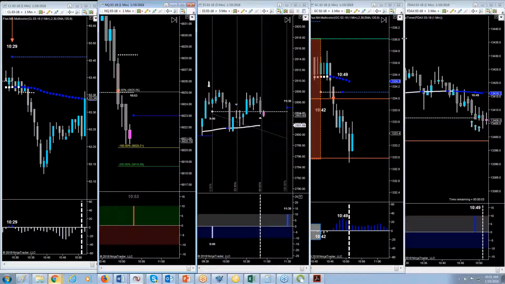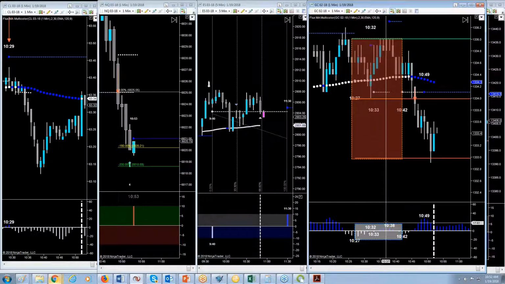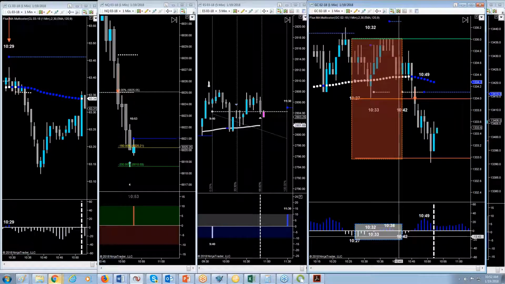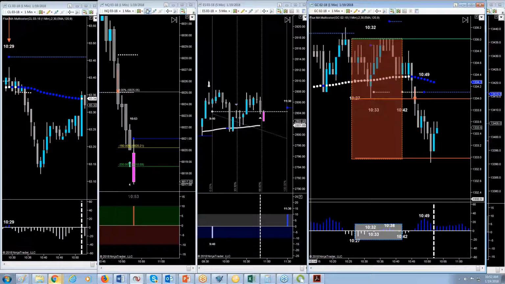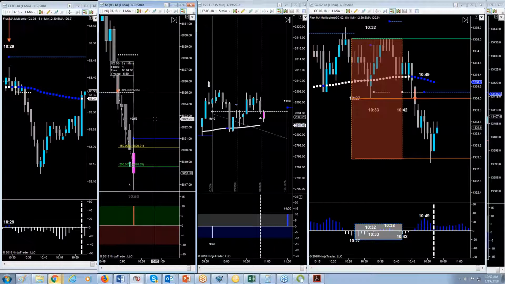John, in a chop situation, can you see on the histogram how there's a bunch of low bumps in a very short condensed area? That's where people get chopped out. Target filled on the NQ short. If you were short on the NQ, from here you've just logged $6.50 of movement, or $130 per contract.